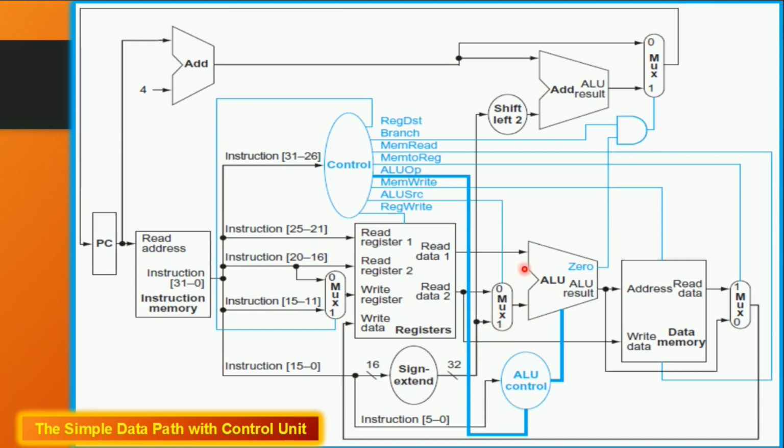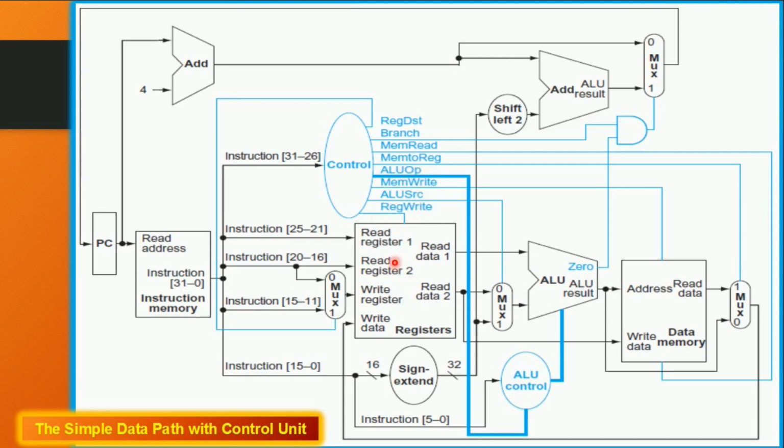In case of an R-type instruction, both the source operands are from the source registers RS as well as RT. At that time, both the inputs to the ALU are from registers only, so the second source is also from a register. So I will deassert the ALU source and choose the register content for the operation. The last control signal, I have omitted ALU OP, that I will come back to. RegWrite.